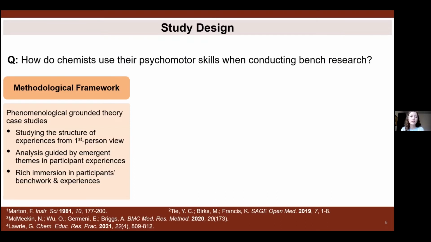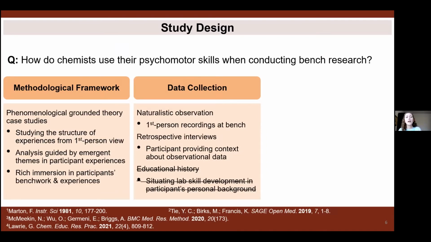what are they experiencing, and then analyze that through the emergent themes. So this was naturalistic data collection coupled with retrospective interviews. So asking the participants to provide additional context about that observational data. I also, as part of this study, gathered information about their educational history and how they developed those skills that they used, but I don't have the time to go into that today, but that is a great discussion